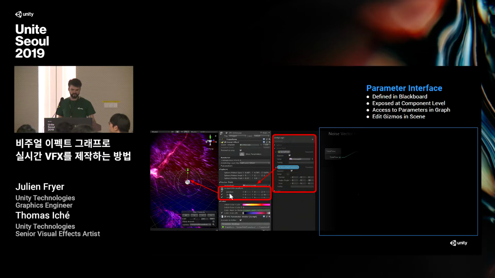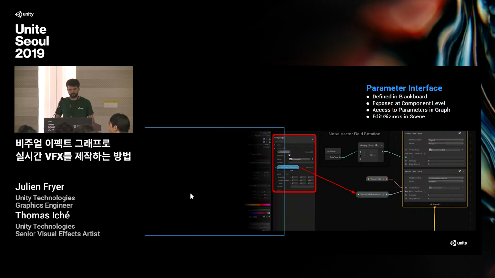So I can change the value, create an override, and also edit the values using dedicated gizmos. And of course, once I have created one parameter in the Blackboard, I can drag it into the graph and connect it to other operators or blocks in order to read this value and use it directly in my graph.